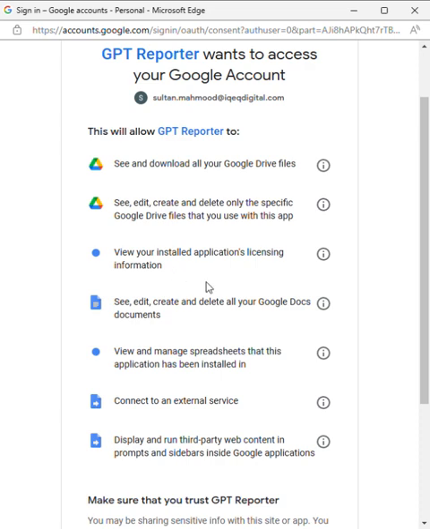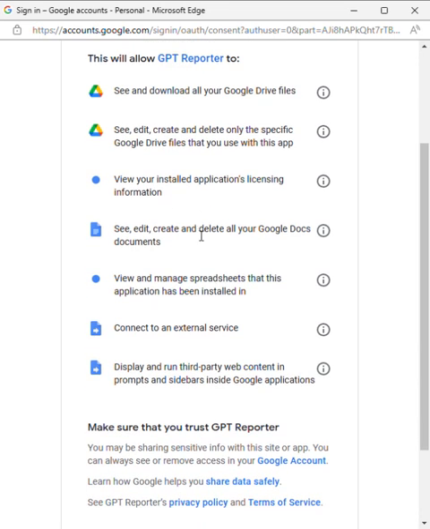It also needs the ability to view license information. It needs the ability to generate the new Google Doc, hence it's using the Google Docs, see, create and delete all your Google Docs API. View and manage spreadsheets is basically to be able to get the information off the existing spreadsheet on which this app has been installed. Connect to an external service is basically about connecting to the ChatGPT API and connecting to Stripe